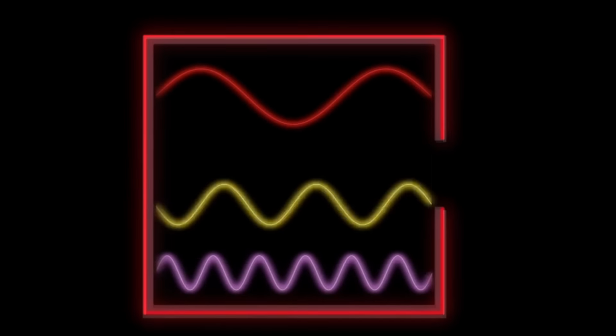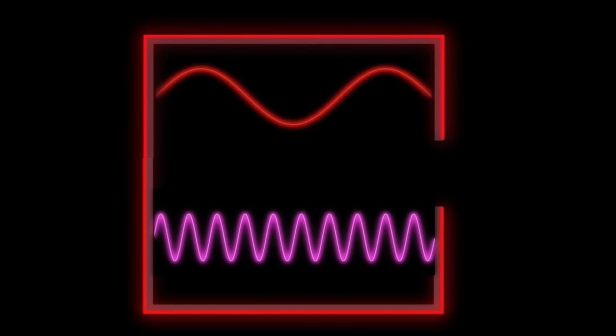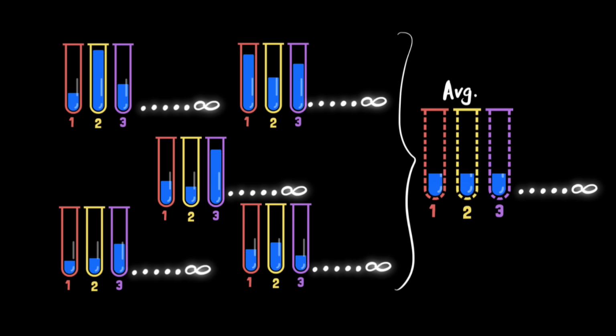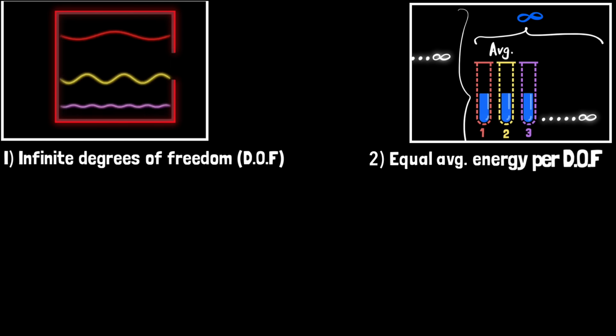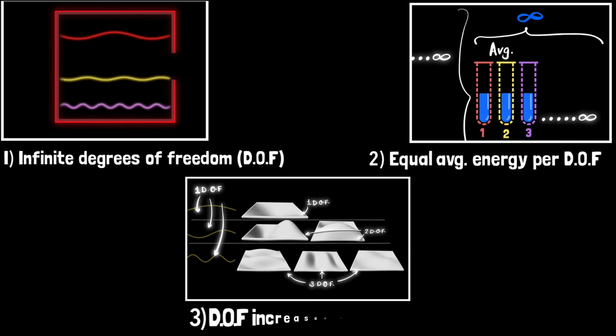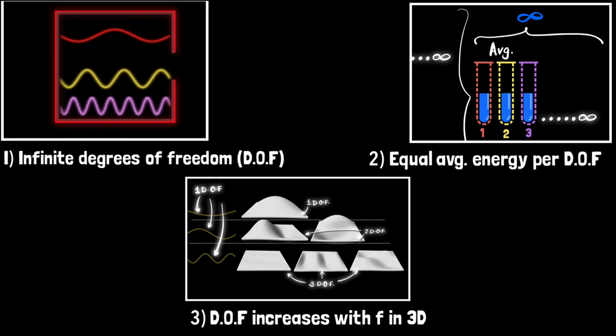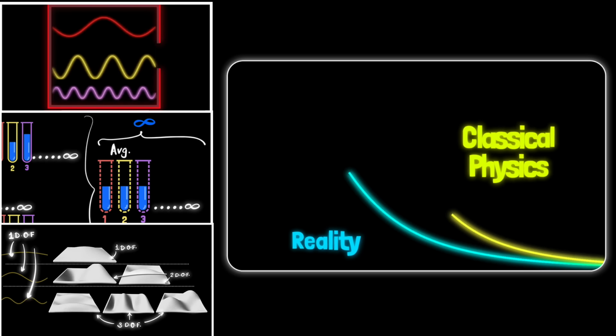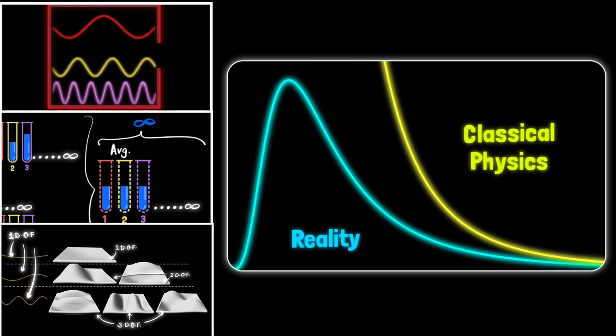Well, you have to put three things together. First, you can simulate a perfect black body as a hole in a metallic cube where you can set up lots and lots of standing waves. There's no limit to how short the wavelength can be, and therefore you have infinite degrees of freedom. Second, according to the equipartition theorem, each of these degrees of freedom should get on average the same amount of energy, which automatically tells you that you'll have infinite total energy. But finally, the third piece is that the number of degrees of freedom actually increases with frequency because we're not in 1D, but we're in 3 dimensions. Putting it all together gives us that disastrous result, which predicts that everything should radiate infinite energy, mostly in high